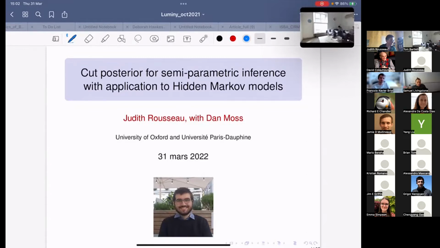For me, it's fine. So I'm going to present some work I've done with a PhD student of mine, Dan Moss, in Oxford, on the use of cut posteriors, which I'm going to describe, for semi-parametric inference. I think they can be more widely used in this context than they actually are, and I'll explain why. I'll be concentrating in particular on semi-parametric hidden Markov models with finite